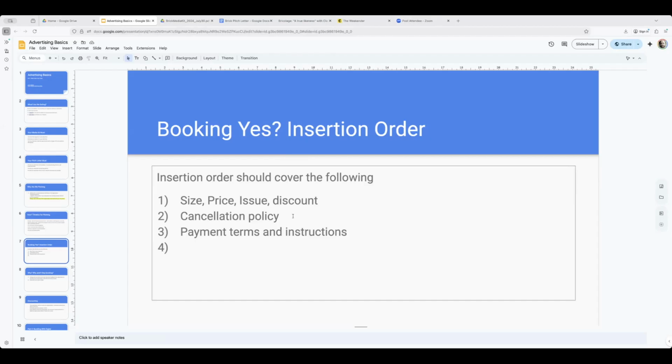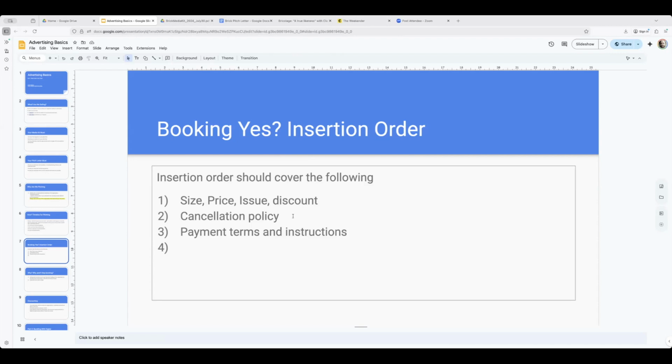I generally recommend to folks, if they cancel before the booking deadline, they get most, if not all of that back. If you cancel after the booking deadline, what percentage do they get back? Because now you've got this hole where their ad was supposed to go. That takes a bunch more work from everybody. What does that look like?